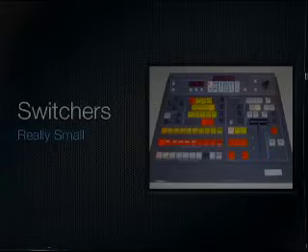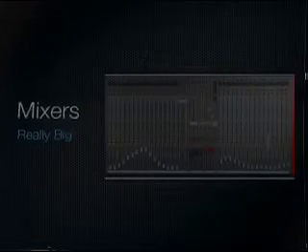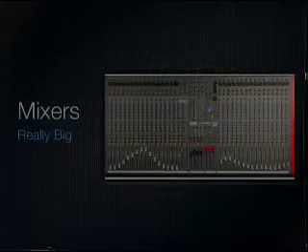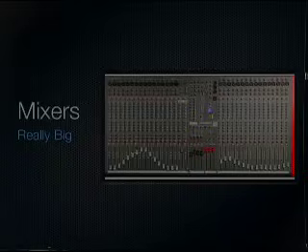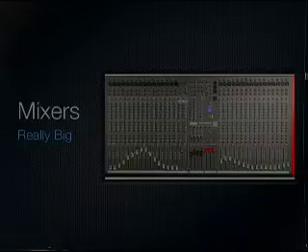The audio portion, before I change this graphic, those of you who have been paying attention, what is that thing that allows us to choose specific things in audio? Yes, you got it. It's the mixer. This is an example of a really big mixer. Again, I just can't help but think how much money this particular mixer cost. Now, it may not cost that much anymore because stuff loses value just like a car, but yeah, this is